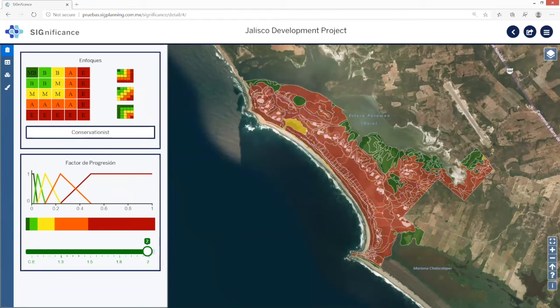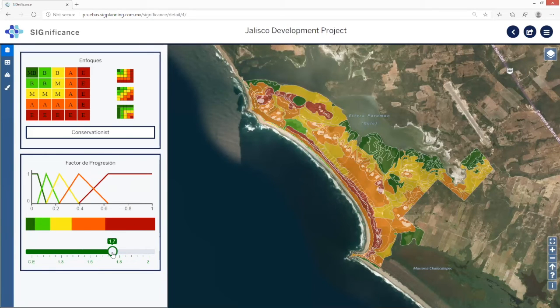And now, this representation initially was preferred by opponents of the project, but it was ultimately discarded because it did not distinguish between important attributes of the landscape. Almost everything was estimated as very high. There was no way to show a gradient. So by changing two parameters, the progression factor, in this case, interactively with different actors, opposing actors,